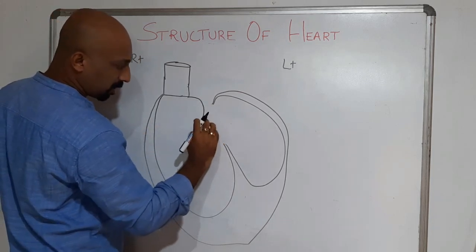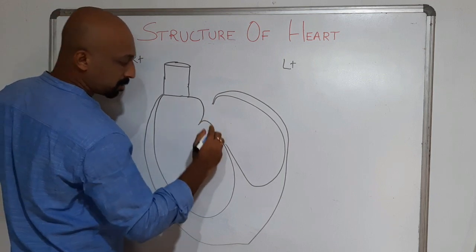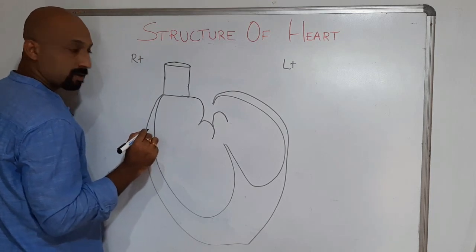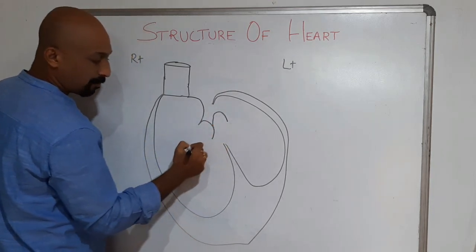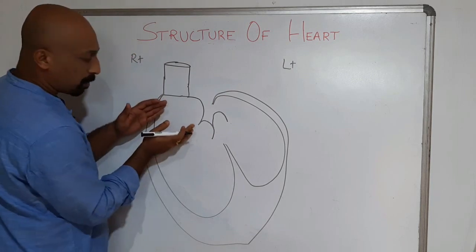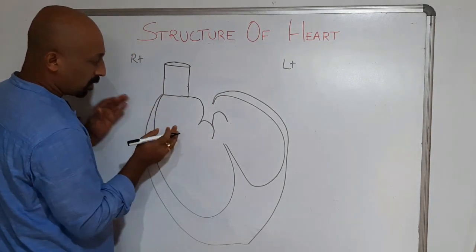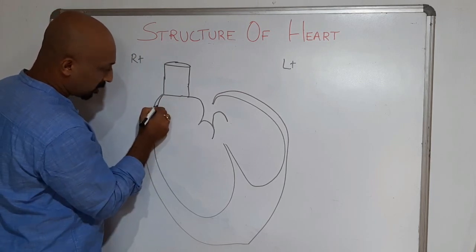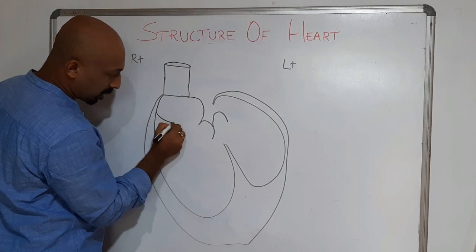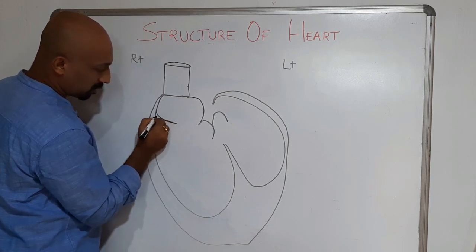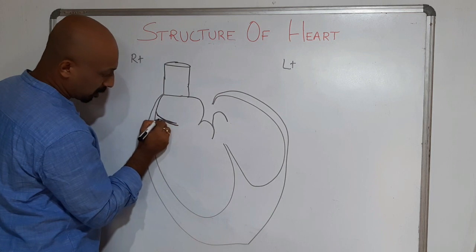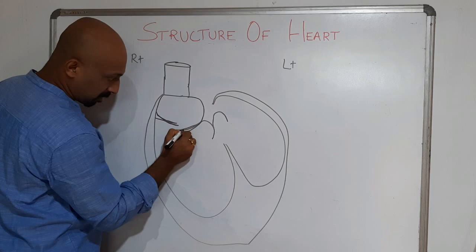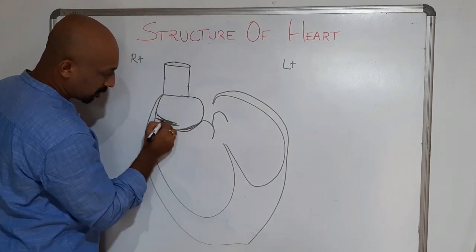So a structure if you get like this, automatically we will get some chambers here. From this I'll draw a structure like this. Okay. So from this we will add one more structure here. In order to make a chamber, see on the right side, this is the right side. So I'm adding one structure like this to make it a chamber. One structure like this, and I'm again adding one more like this. Again this structure I'm just extending like this and like this. So just the structure I'm making.